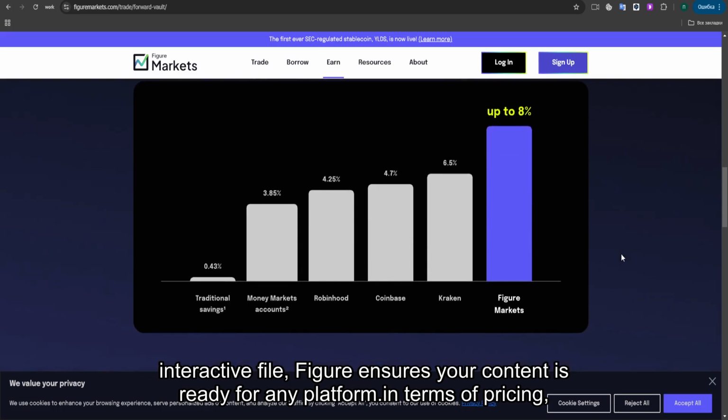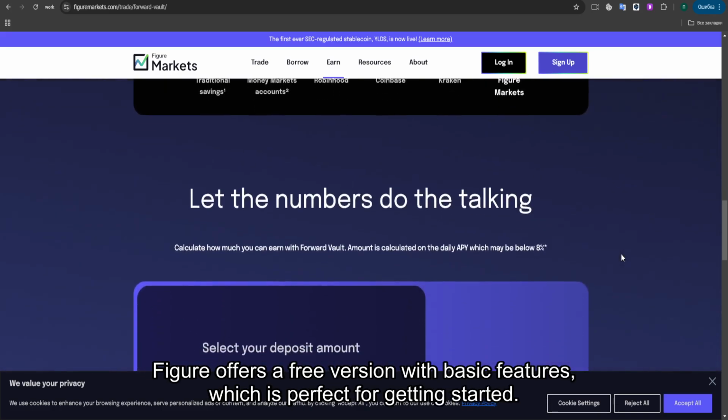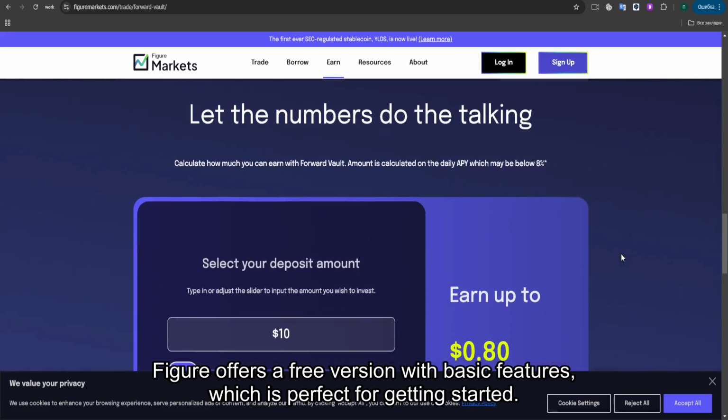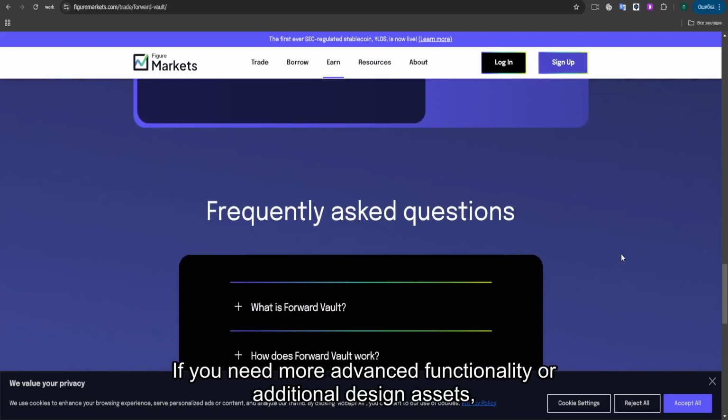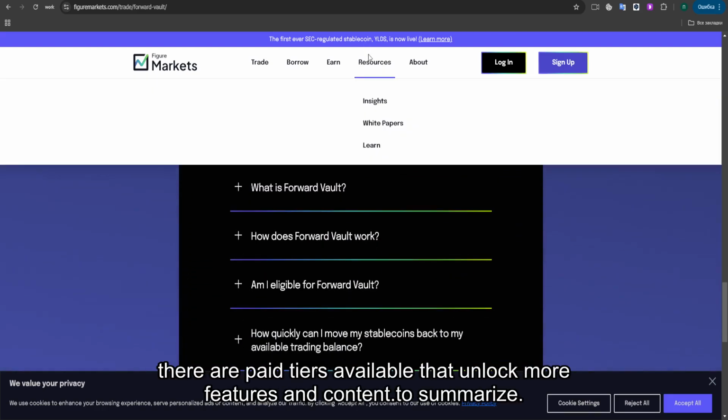In terms of pricing, Figure offers a free version with basic features, which is perfect for getting started. If you need more advanced functionality or additional design assets, there are paid tiers available that unlock more features and